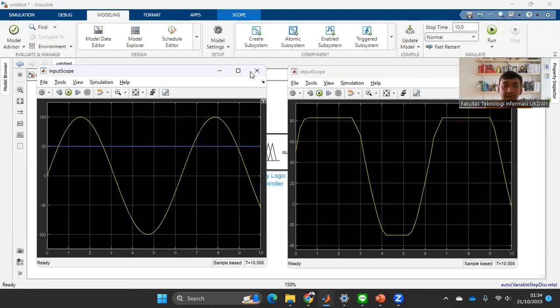So we have already finished creating fuzzy logic. We have finished creating the fuzzy logic inference system, and we already implemented it in a simulation in Simulink, and we can see how the input can change the output with a fuzzy logic system.